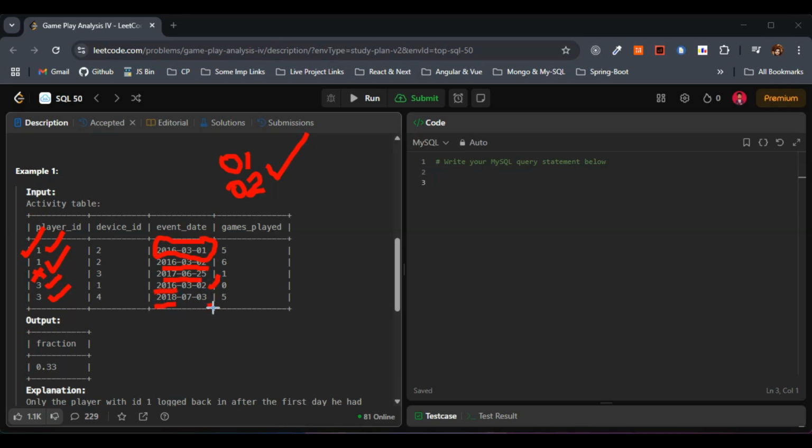So 2/3/2016 and 3/7/2018, right? So this is not a consecutive day. After many years he has logged in again. So player 3 logged in on 2 different dates, one is 2/3/2016 and 3/7/2018, but not consecutively in this case, right? No consecutive login here. So what we need to do here, we should consider only